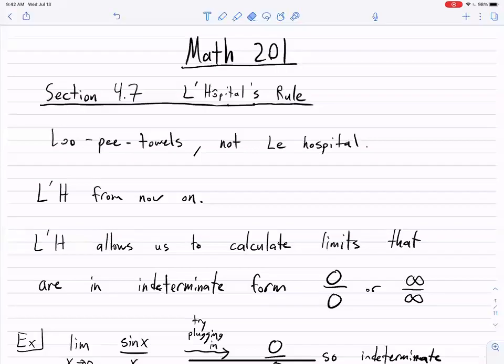Hello, Math 201. Welcome to today's lecture on section 4.7, L'Hopital's rule. And so real quick, I just want to make a note on how you pronounce it. It's pronounced